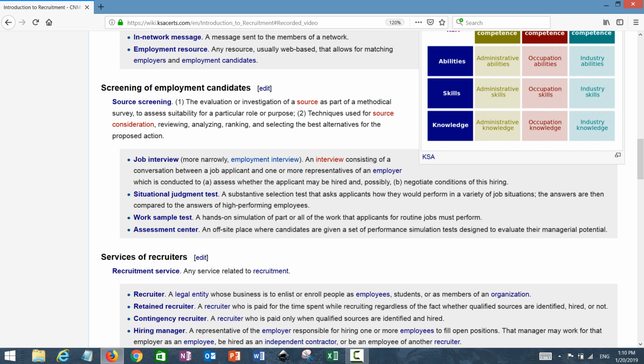A situational judgment test is a substantive selection test that asks applicants how they would perform in a variety of job situations. And the answers are then compared to the answers of high-performing employees. Here I need to say that some situational judgment tests can be included in the job interview as well, instead of giving a separate test.